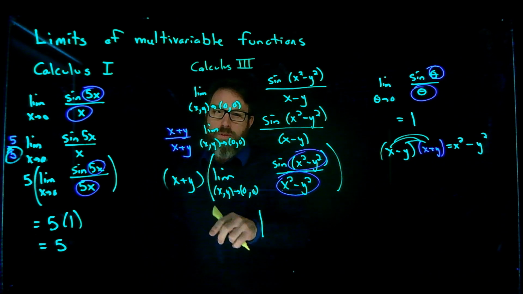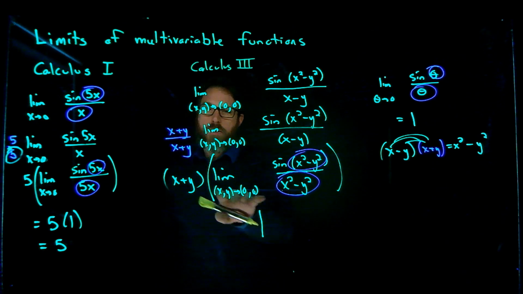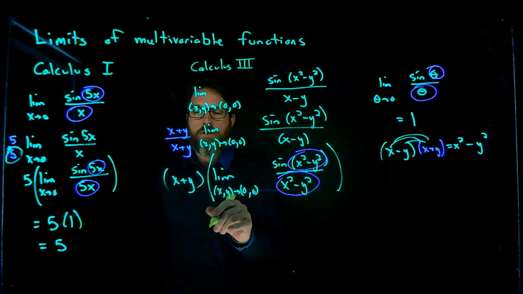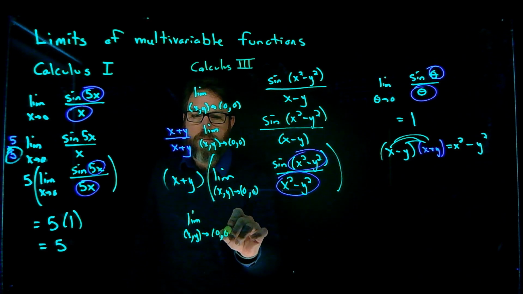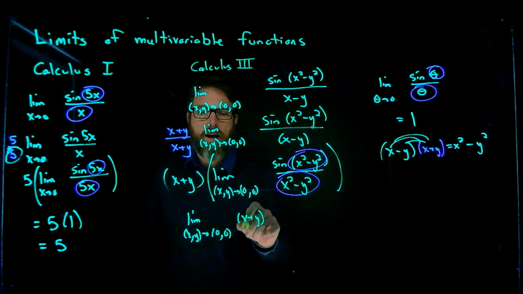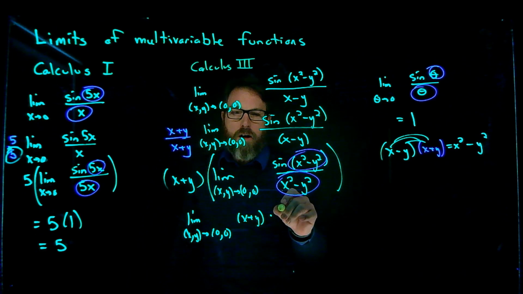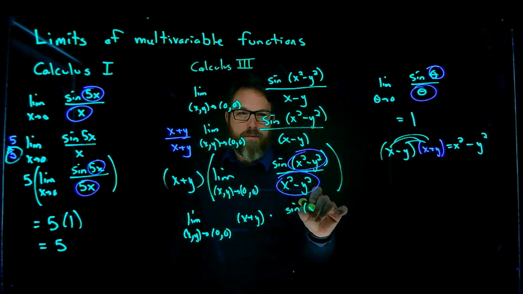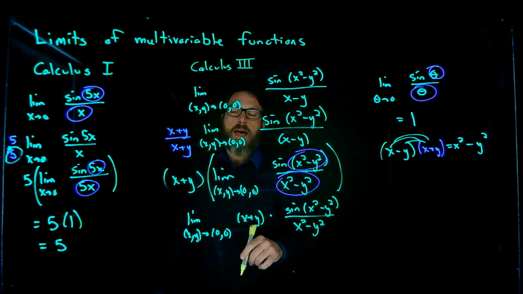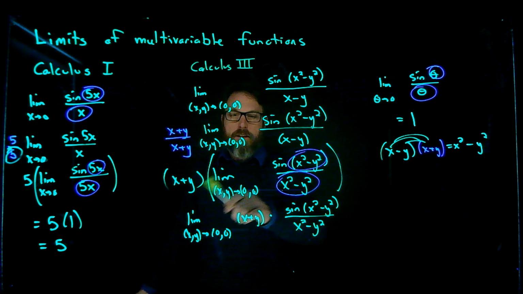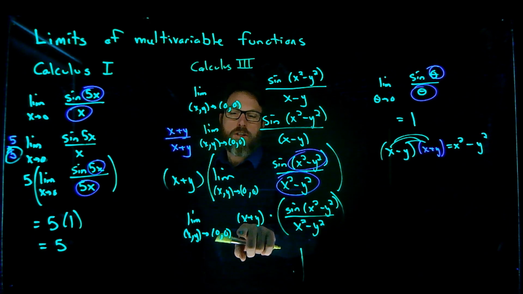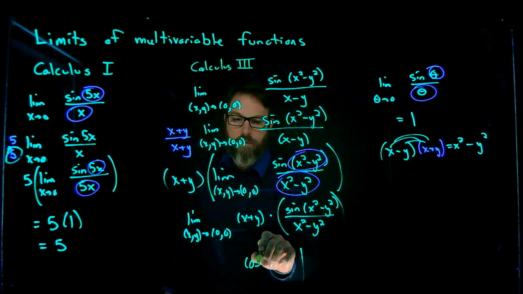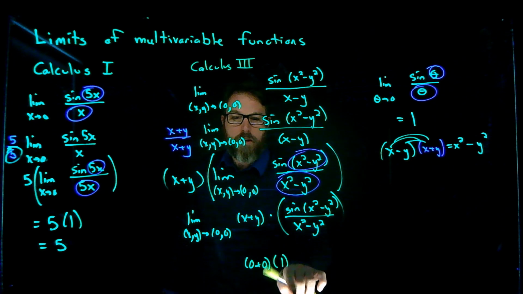Now, remember that x comma y is going to 0 comma 0, so I'm really going to put this inside of here as well. So let's do this. This is going to be the limit as x comma y approaches 0 comma 0 of x plus y times the sine of x squared minus y squared all over x squared minus y squared. And what I have is the limit of the product is the product of the limits. So this piece here is going to go to 1. And then when you plug in 0 comma 0, this is going to be equal to 0 plus 0 times this 1. So this is going to equal